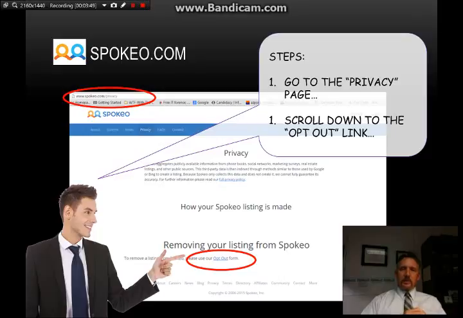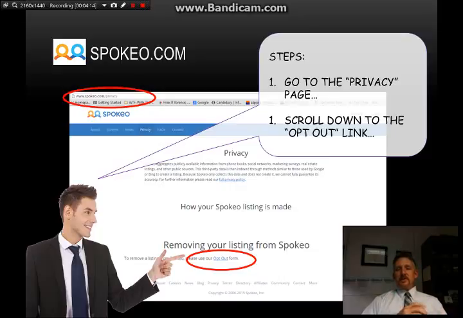The opt-out link is actually just a very small, nondescript link. It's blue text. Again, one can't help but think that maybe Spokeo doesn't really want you to find this link buried on this obscure page way down at the bottom in little tiny fine print. And for obvious reasons, they make their money by being data aggregators, and if everybody opted out, they wouldn't stay in business.